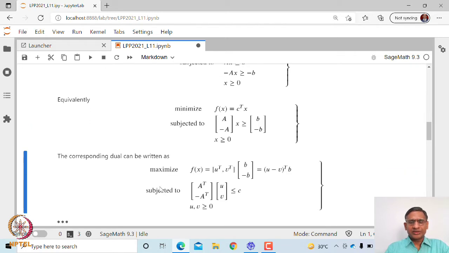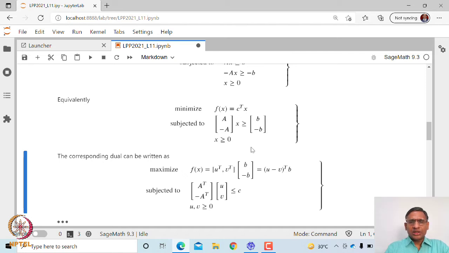Now let us do another transformation. If you write now the dual of this linear programming problem, what will you get? You will be getting maximize b dash transpose times the dual variable. You will have to introduce one set of constraints with respect to the Ax, another one with respect to minus Ax. So let us say we will introduce u with respect to constraint A and v with respect to constraint minus A. So u will be u1, u2, ..., um and v will be v1, v2, ..., vm.